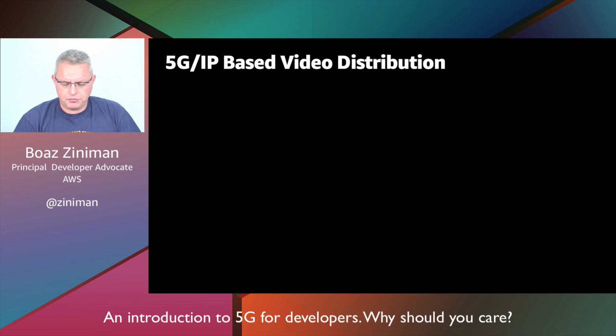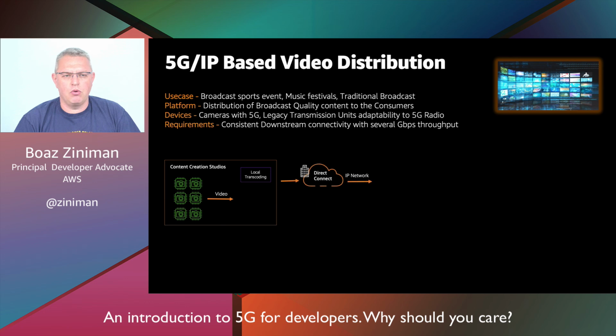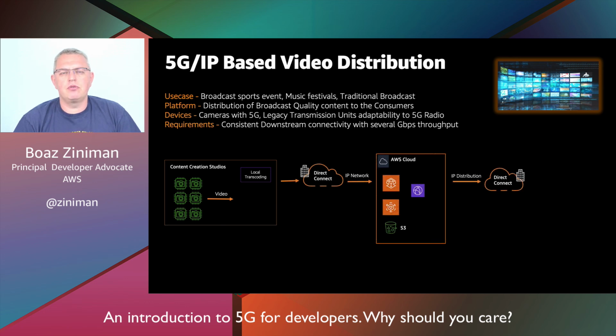Another example is 5G or IP-based video distribution, and in this case we're talking about distributing content coming from different sources. So I actually have content creation studios that are out in the field. They will create the video streams. Sometimes I'm going to do local transcoding to save some bandwidth. Then I'm going to send this data, using Direct Connect usually, or IP network, to AWS Cloud, where